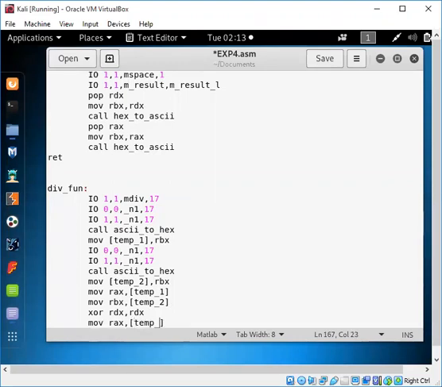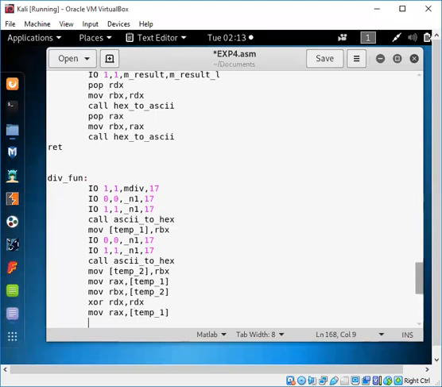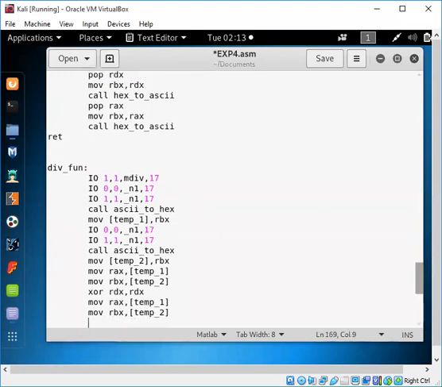So temp1 will be pointing to RAX and RBX with temp2. Right, so we'll then perform div RBX.